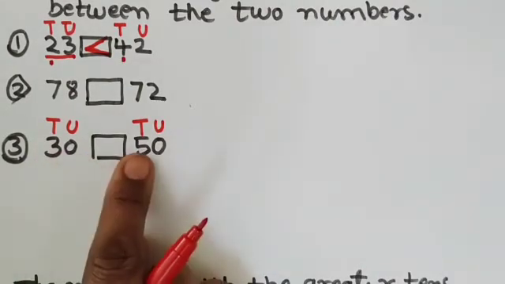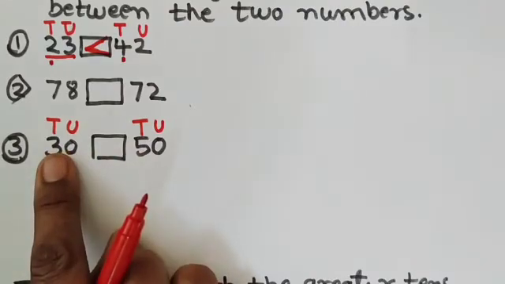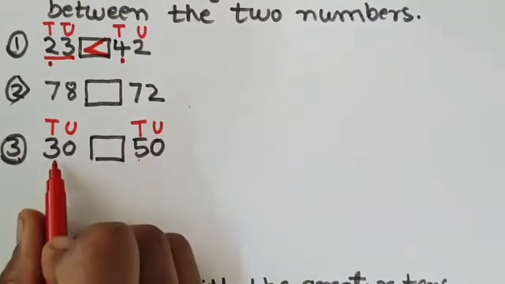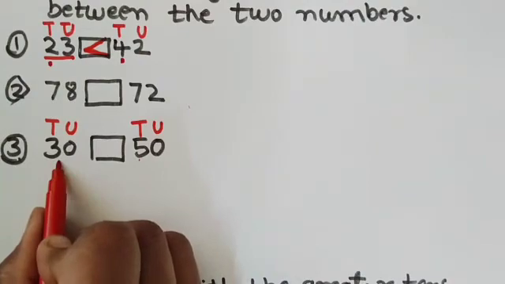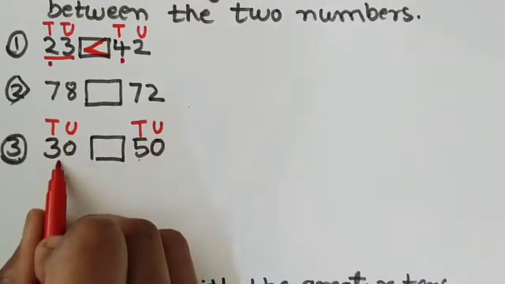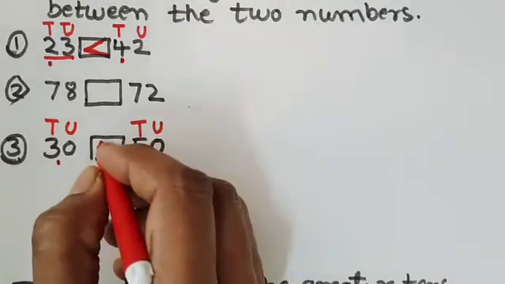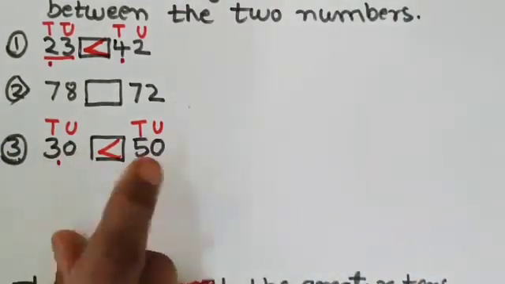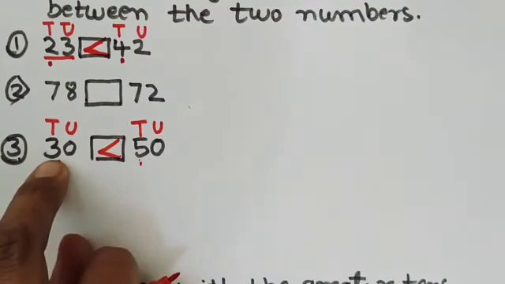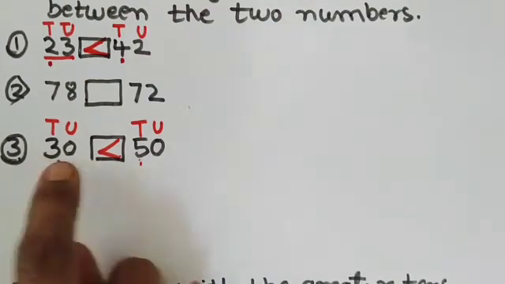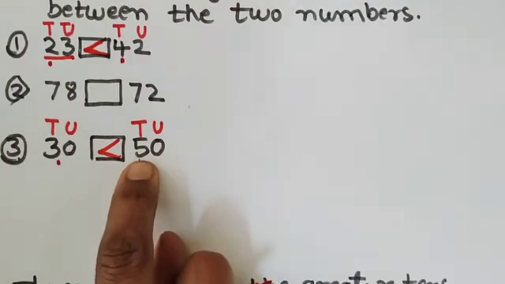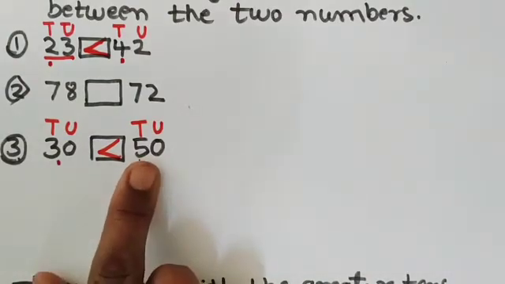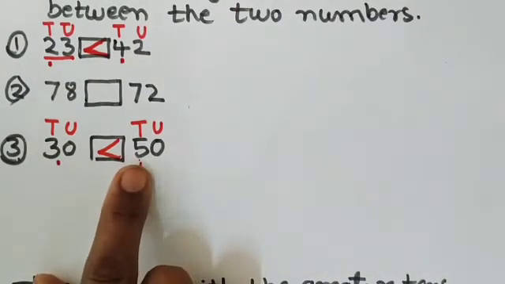So out of these two numbers, 5 and 3, which one is greater and which one is smaller? 3 will come before 5. So here 30 is smaller because 3 comes before 5. So we will put the lesser than sign because 30 is lesser than 50, because the tens place here, 3, is lesser than the tens place here, 5. Okay. So we will open the mouth of the crocodile towards the greater number. Here we have 50 is greater than 30.